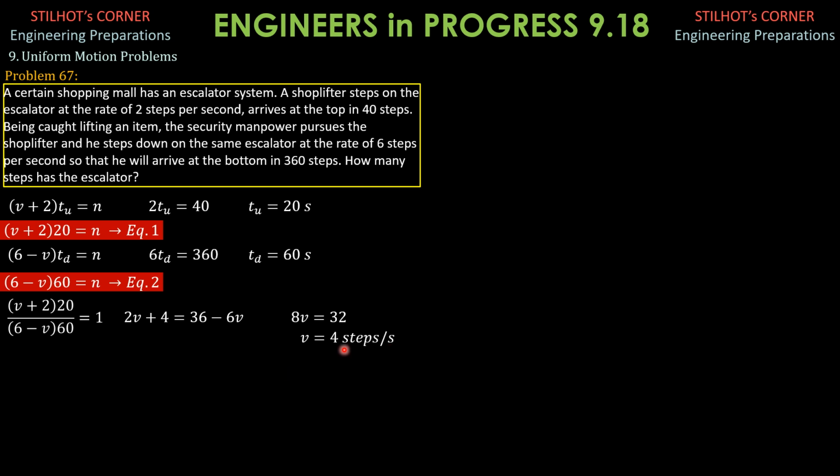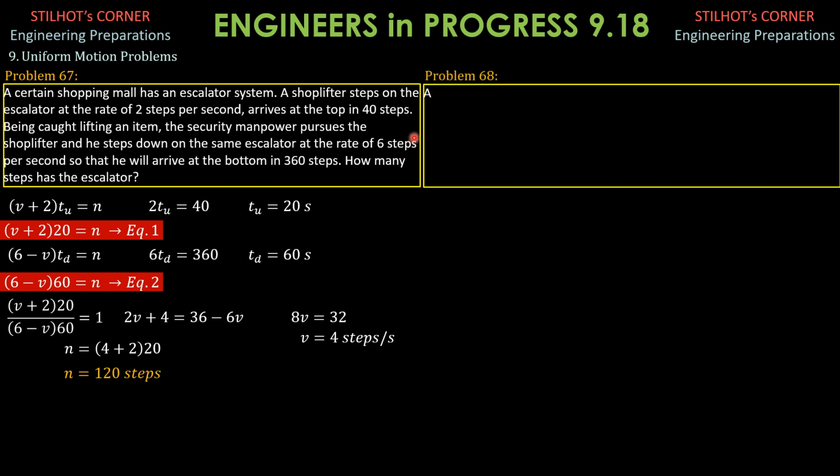This is the speed of the escalator in steps per second. So for the number of steps, we substitute into this equation here. It is v, 4 plus 2, 6 times 20. So there are 120 steps in the escalator. So that's it for